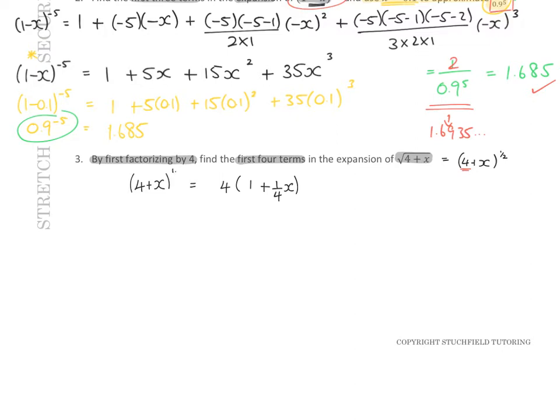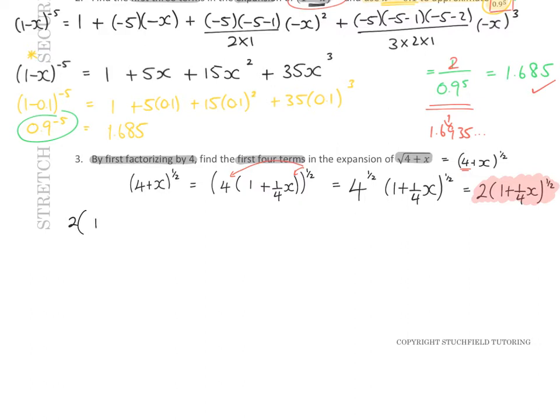But given all of this is to the power of a half, that means all of this is to the power of a half as well. Which means we need to apply the half to the 4 and to the bracket. So we have 4 to the half and 1 plus a quarter x to the half. So that is 2 times 1 plus a quarter x to the half. So that is the first stage of this, to make this something which is legally allowed to be expanded using this expansion. And now I've got a 2 that's going to go on the outside,